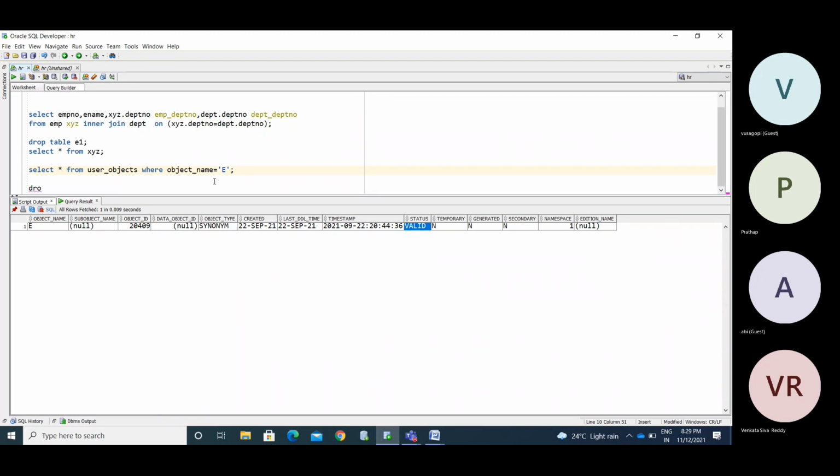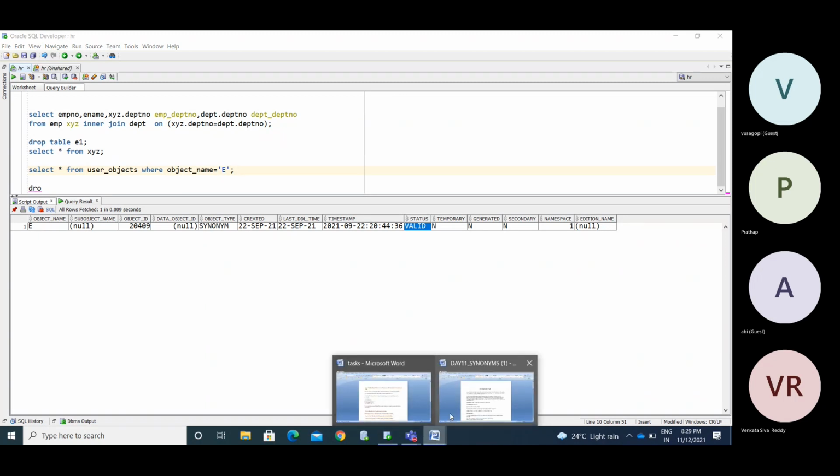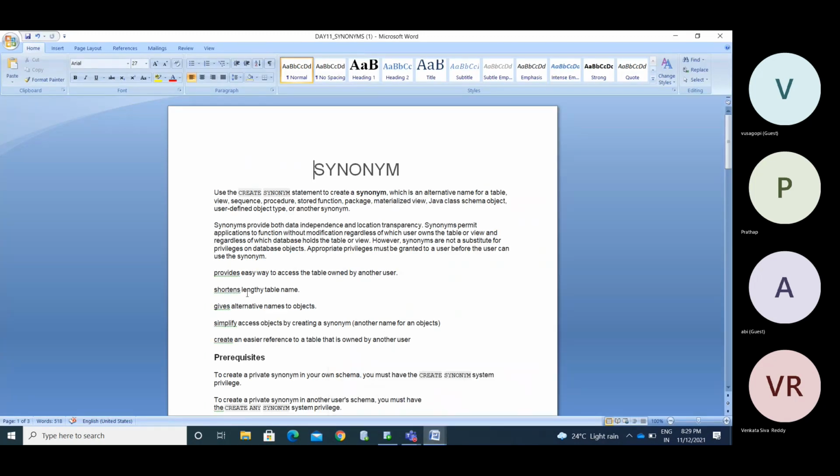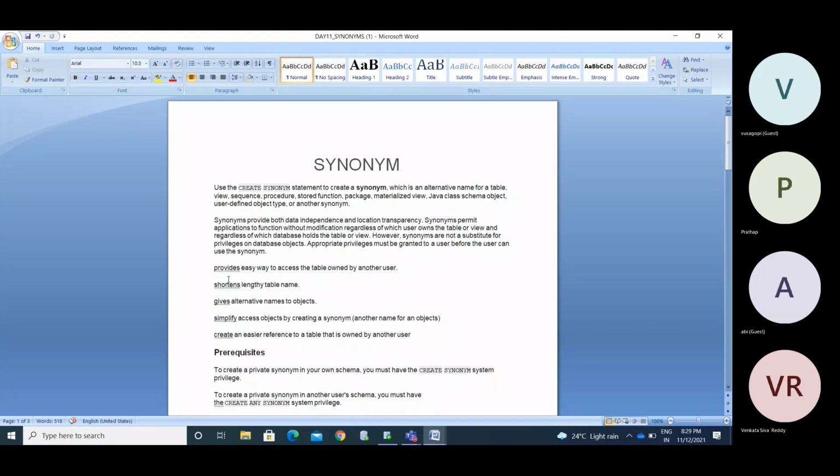Now I'm going to create the permanent alias names. What is the use of this?